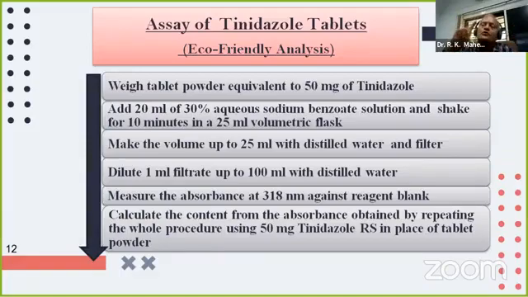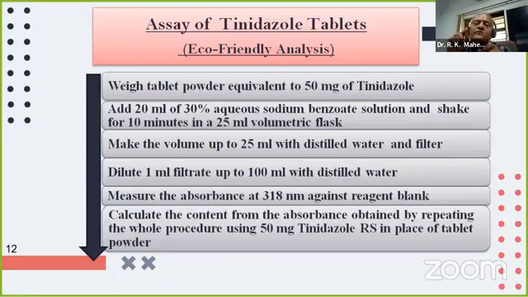Again, I am repeating: 25 ml volumetric flask, tablet powder containing about 50 milligram of tinidazole, 20 ml of 30% aqueous sodium benzoate solution, shaking for 10 minutes. During this shaking, because of its hydrotropic solubilization function, the sodium benzoate solution brings the drug, tinidazole, into solution. Then up to the mark, that is 25 ml,